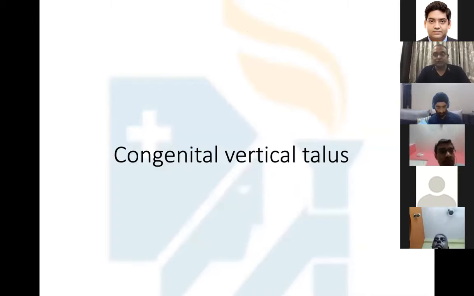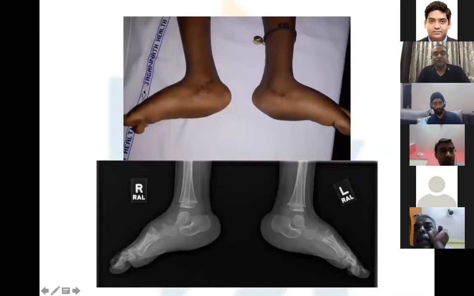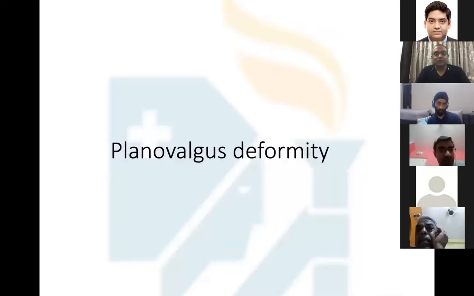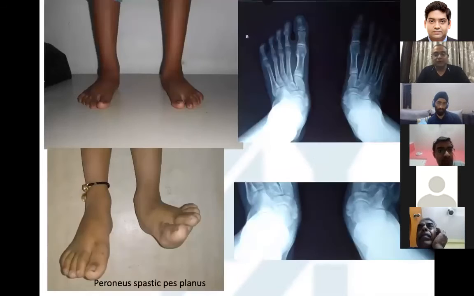or release. Now, the other common condition which is seen in your exam setting is a congenital vertical talus. So if you see here the classical rocker bottom foot, what is important to plan is your lateral view x-rays, which is a must, and only after that can you plan your treatment. So basically most of these deformities are spotters, where by seeing the foot you have to plan your management.